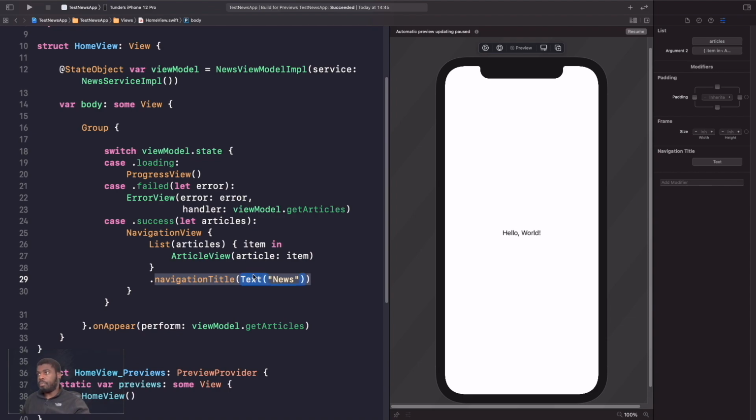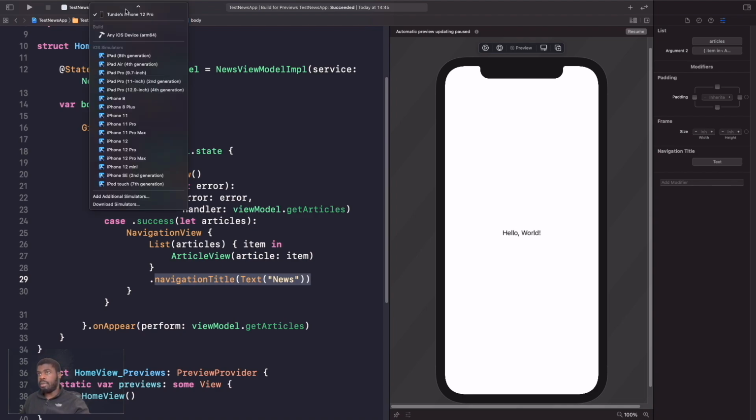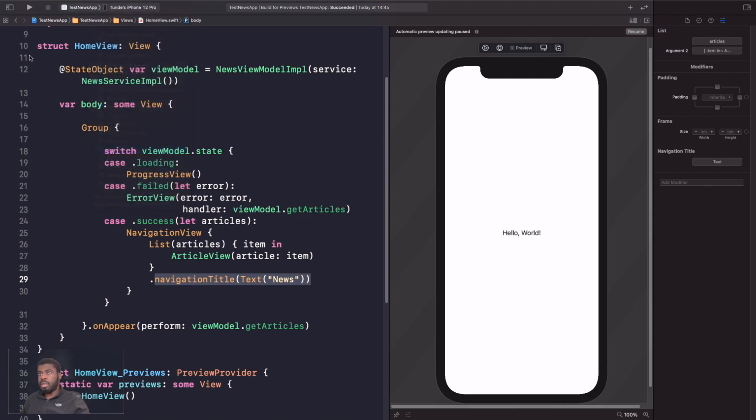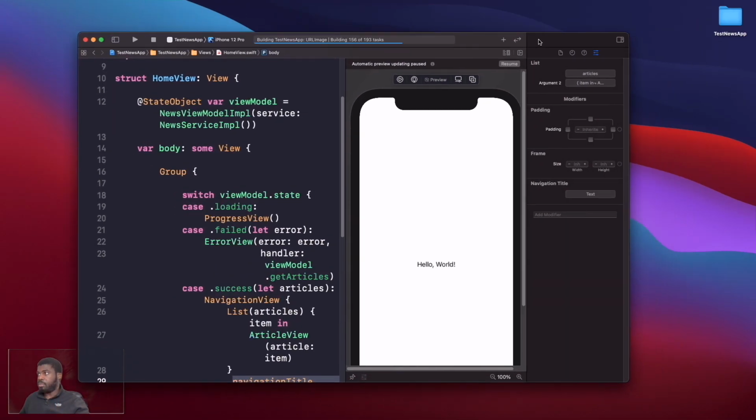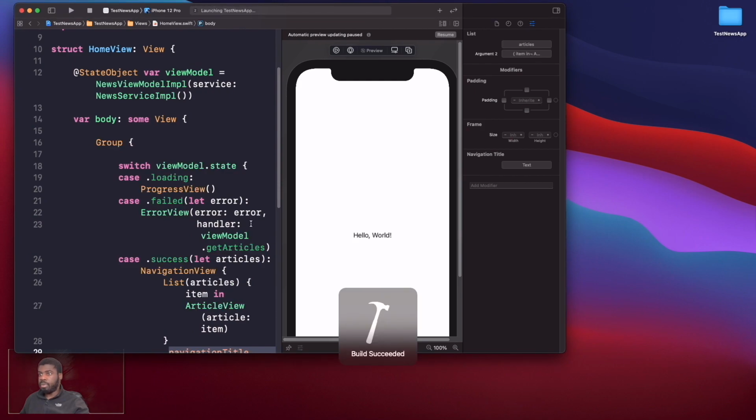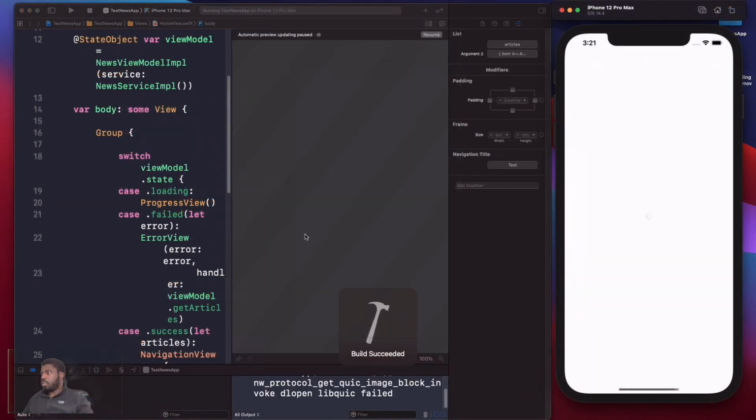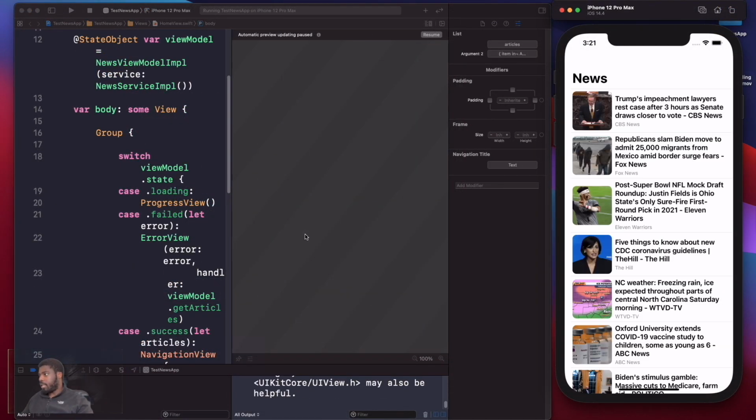So what we're going to do now is we're actually going to run this and see what happens. So let's do that now. I'm just going to choose a simulator, and I'm just going to hit run. I'm just going to take this out full screen so we can see the simulator pop up. Let's see what happens. So you can see the loading dialog, and you can now see all the articles showing